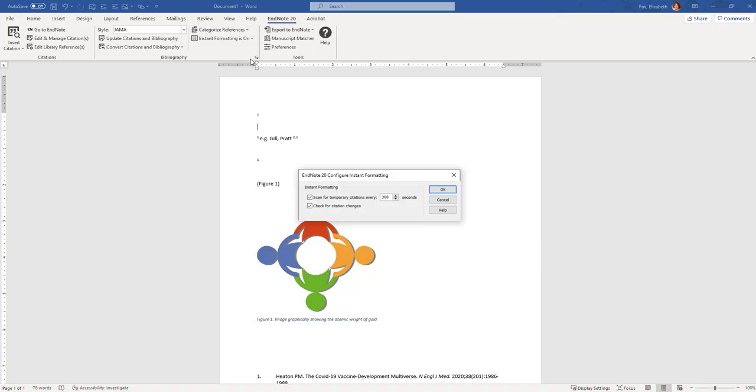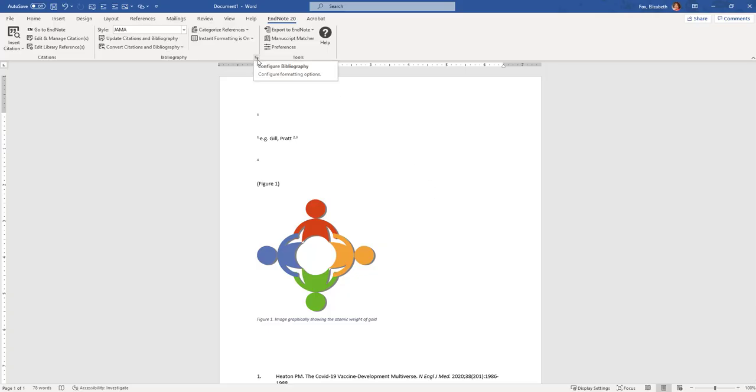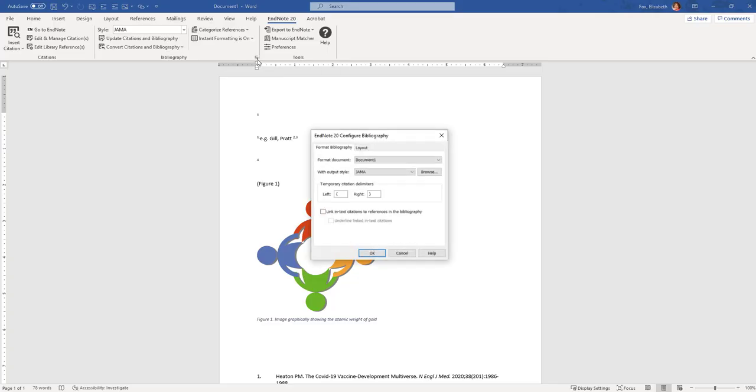When you are done editing the document, or you want to check your formatting, you can update your citations and bibliography to format them. Hidden in the Expand button below the Instant Formatting button are options for formatting your bibliography.